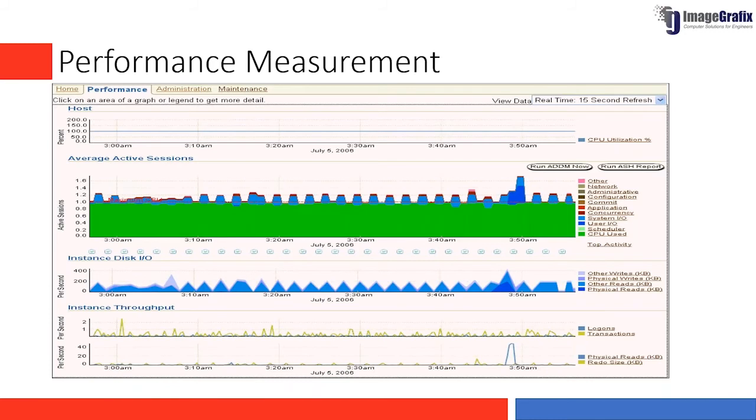And then you also have a specific area for viewing the performance. There are different parameters based on which the performance is monitored that you can see on one single screen, and then you can decide how to work on it and how to improve upon it.